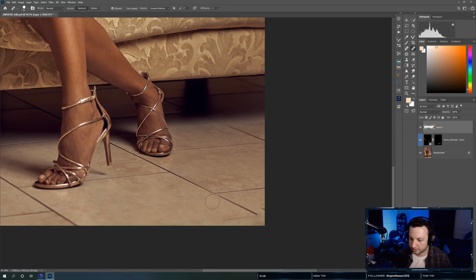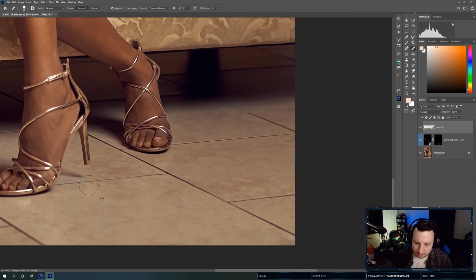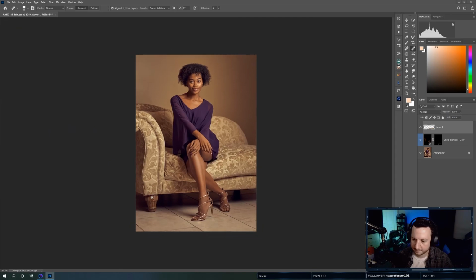So we'll use our healing brush, clean up the floor a little bit more. We'll use our clone stamp. That's not my clone stamp because, oh yes it is. Then J will go back to my healing brush. Make sure there's no repeating patterns.